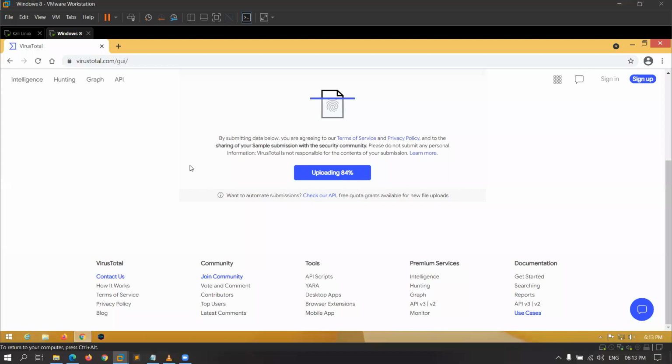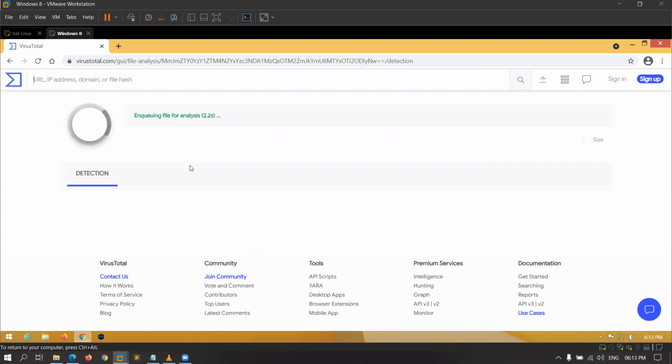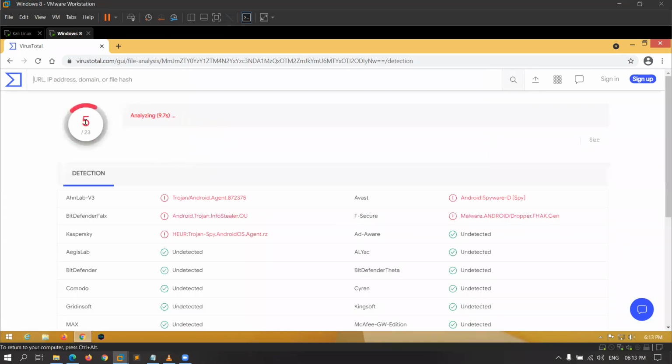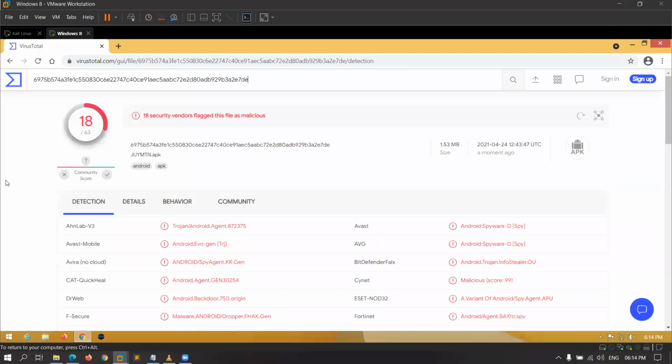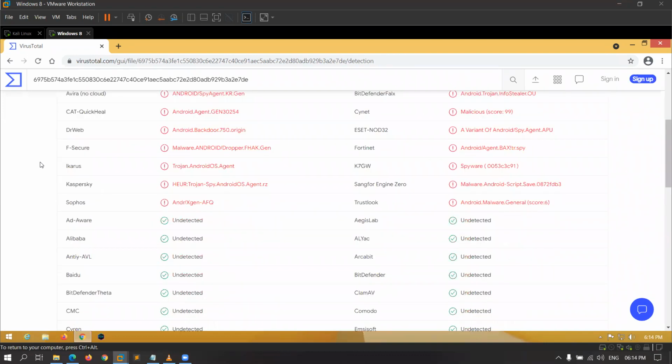VirusTotal has 60 plus antiviruses, and they will scan the file, and you can see it is analyzing. Here you can see out of 63 antiviruses, only 18 detected that it is a virus file.